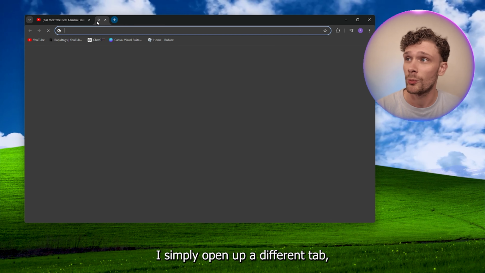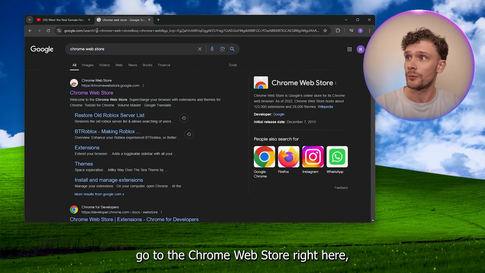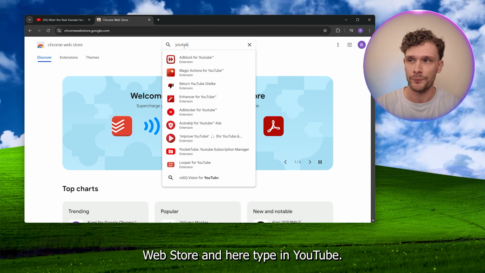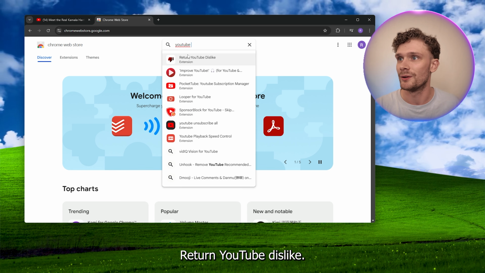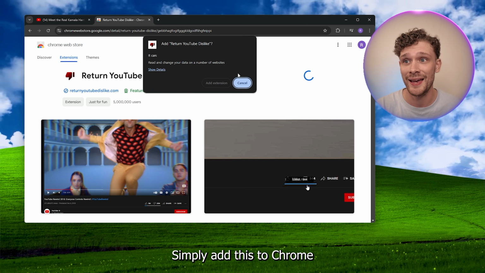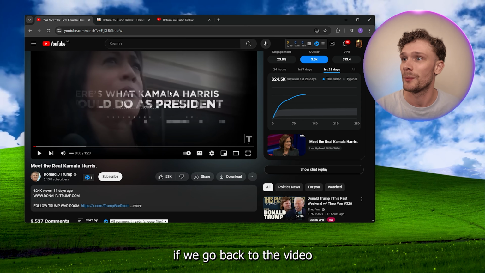Now simply open up a different tab, go to the Chrome Web Store right here, open up the Chrome Web Store, and here type in YouTube, Return YouTube Dislike. Now this is an extension, simply add this to Chrome, add extension, and right here if we go back to